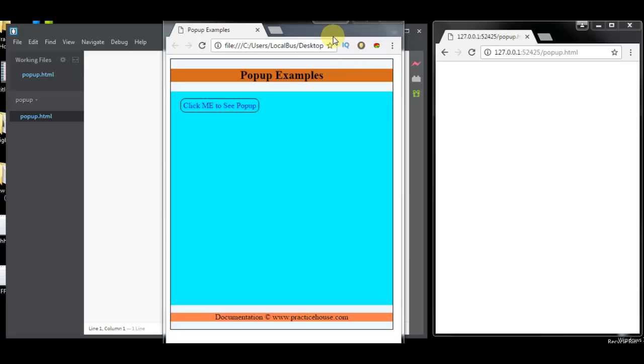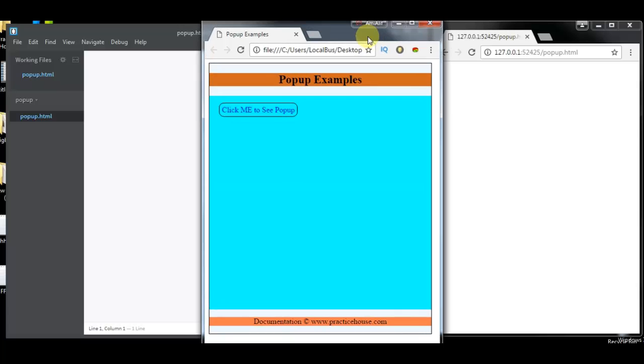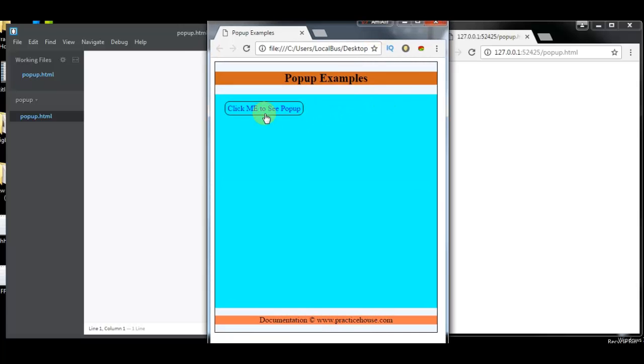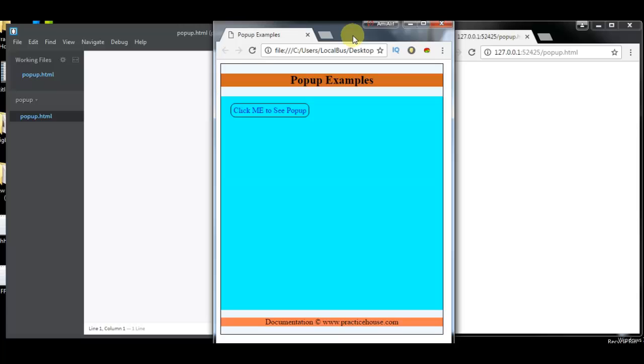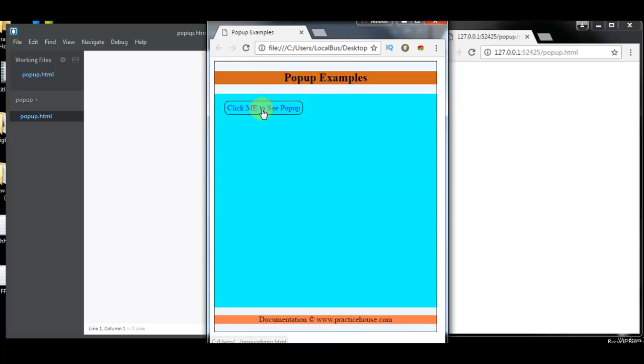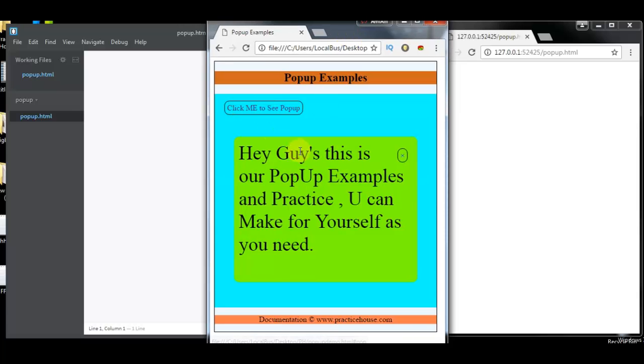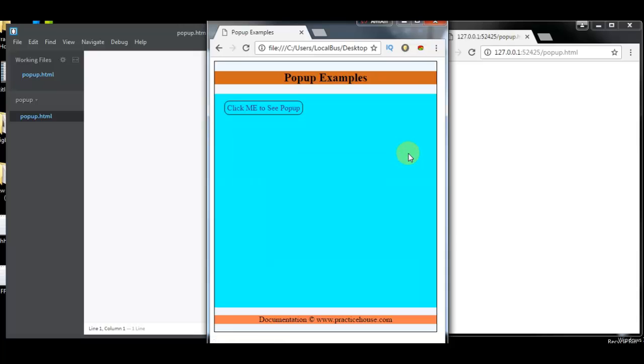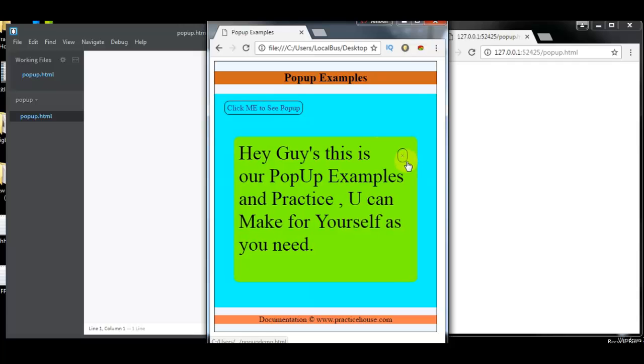So today I am sharing with you in this video how we can create a pop-up. It's like this, I'll show you. Click me to see pop-up. Here is your pop-up. Click the close button and it will move. So in this trick there is no JavaScript or anything. It just uses only HTML5 and CSS3. So I created this pop-up with HTML and CSS, and now I'm going to share with you how to create it